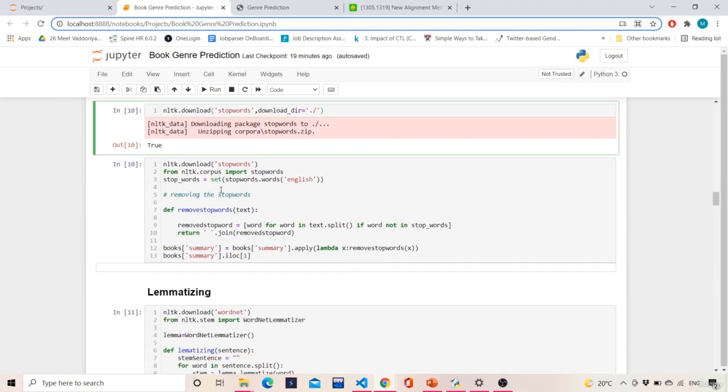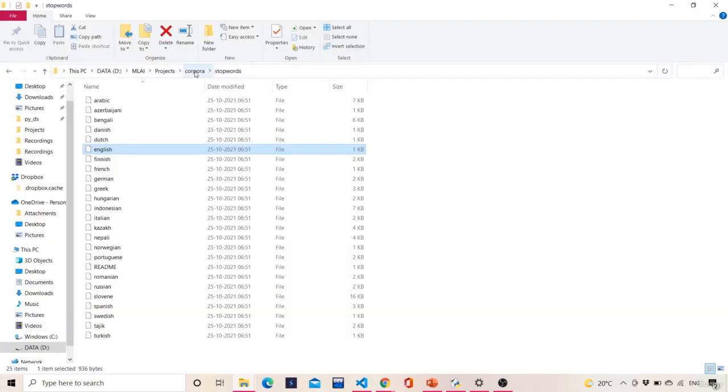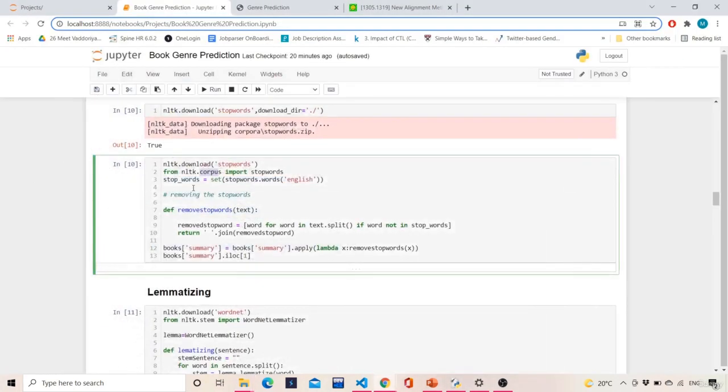So we will download those stop words, and then we will use this corpus from NLTK. This corpora is nothing but the corpus. So from nltk.corpus import stopwords, and then stopwords.words of English. Basically it will go inside that file and gather all the stop words into this set. Now why are we using a set? Because there may be some stop words which are repeating, so we want to remove the duplicated stop words. We want all unique stop words only. That's the reason we are using the set. Okay, so the whole stop word set is mentioned over here.